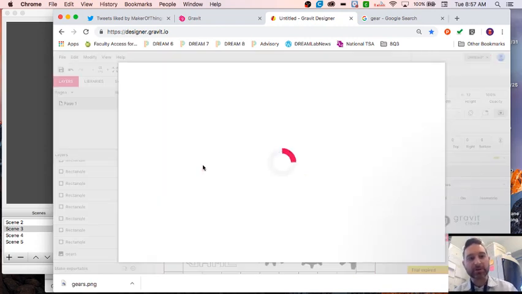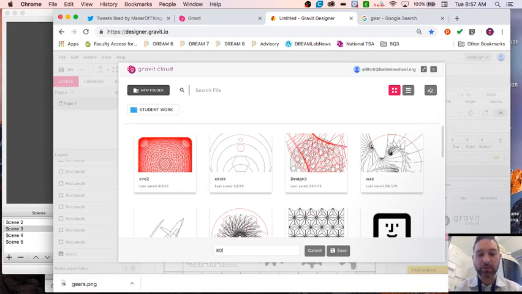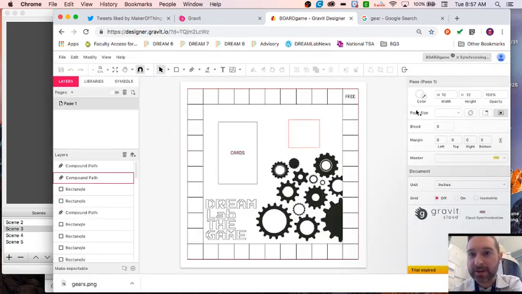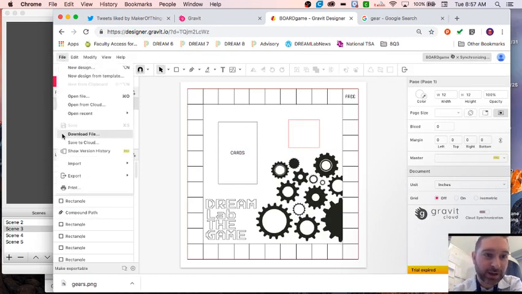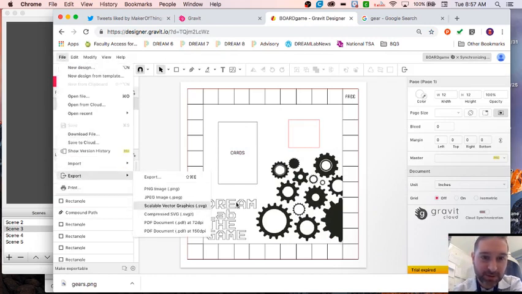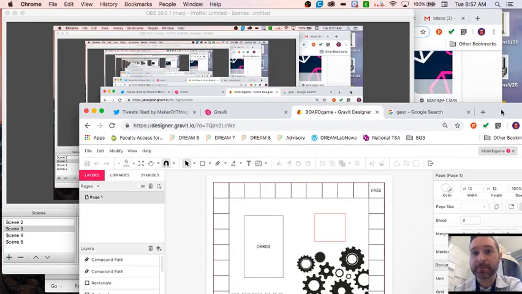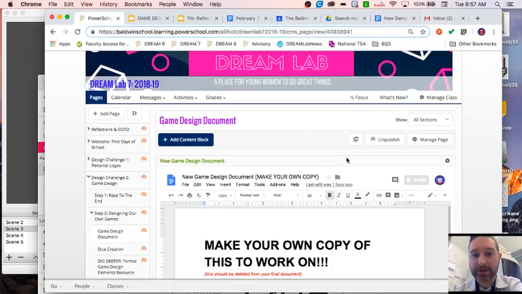But along the way, make sure you're saving. So we would call this board game. Okay, save. Now it's saving it. Again, when you're done, you're going to export as an SVG there and send it to me. This looks good, I think, except for all the blocks that are missing. Did I miss anything? I don't think so. If we go back here,